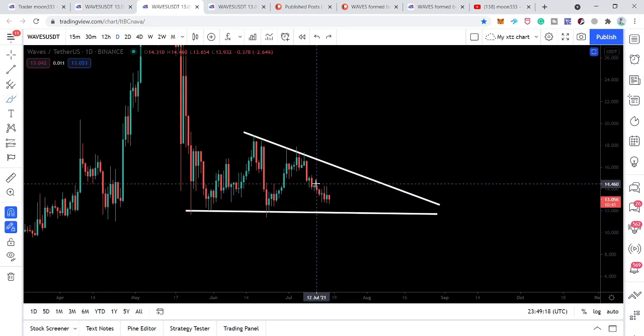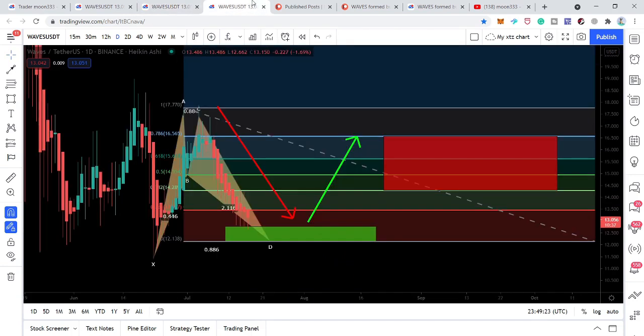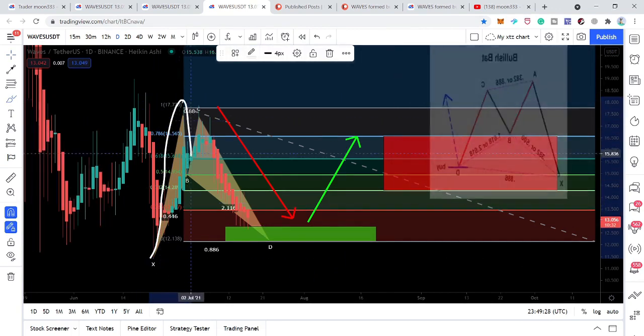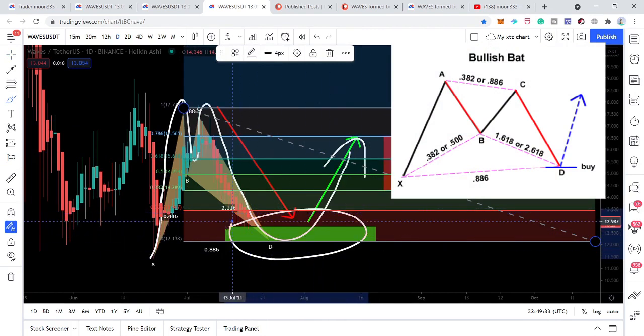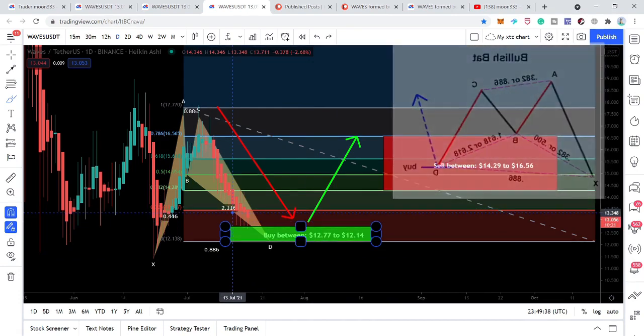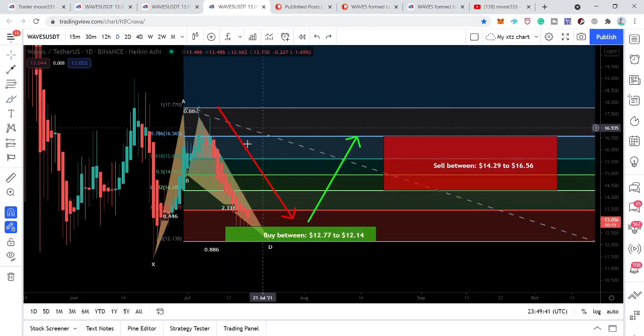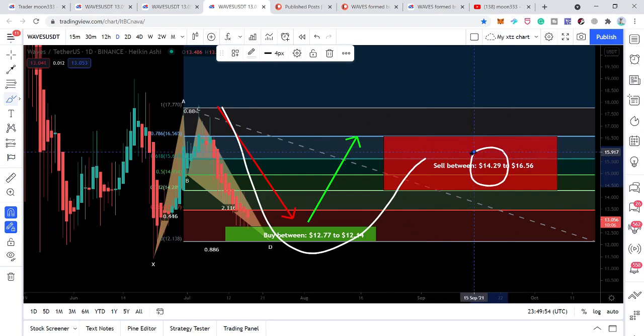triangle. The reason is that we are having the oscillators and indicators turning bullish, and at the same time on the daily time frame the price action has also formed this harmonic bullish reversal BAT move, and from here, from this potential reversal zone, the price action can start a move towards the upside. And as per the Fibonacci sequence, the buying and sell targets of this bullish BAT can be from $12.77 to $12.14. This can be the buying zone,